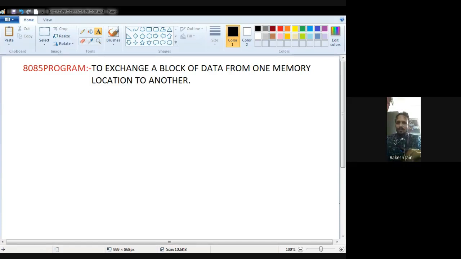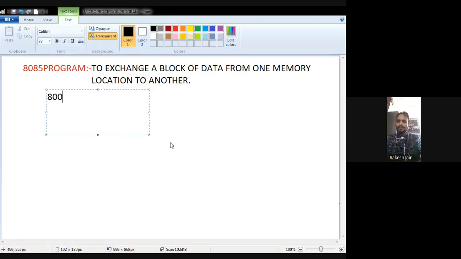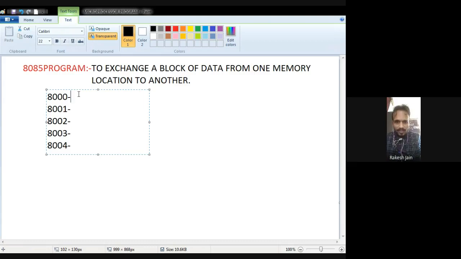First of all, see what is the meaning of a block of data at different memory locations. Let's suppose we have memory locations 8000, 8001, 8002, 8003 and 8004. Let's suppose the data at these addresses are 11, 12, 13, 14, 15.